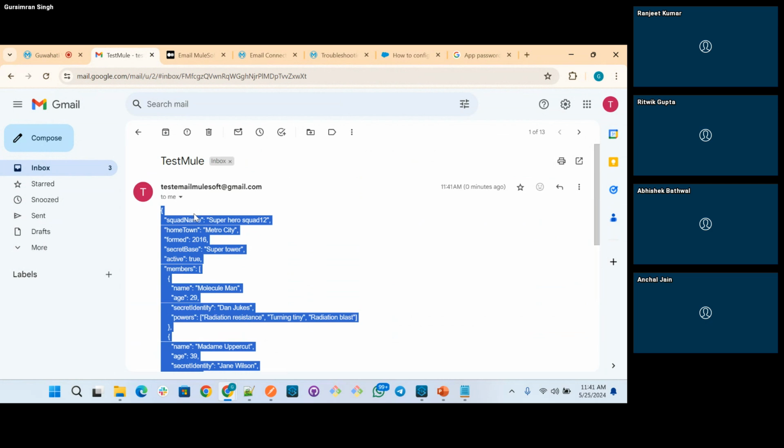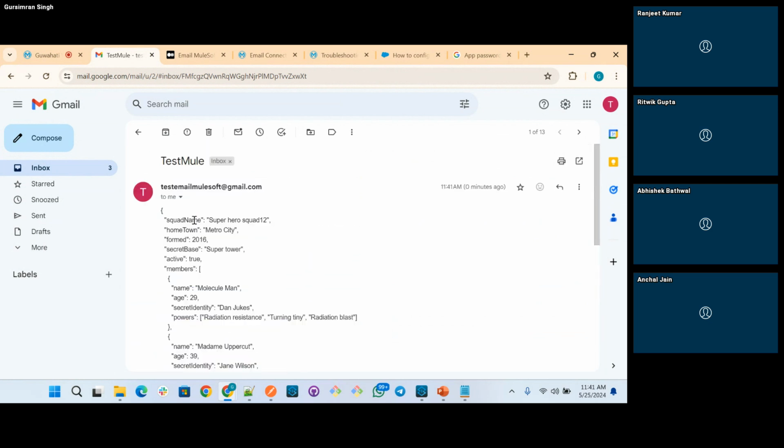So you can send anything. I'm sending JSON, but you can send multipart, XML, CSV, anything here as a body. For example, as I mentioned in the use case, you have to write order details here: the order is delivered. If you don't want to send an attachment, you can pass that payload as a message like, the order is delivered on this date with this order number. So you can send it dynamically without sending an attachment.